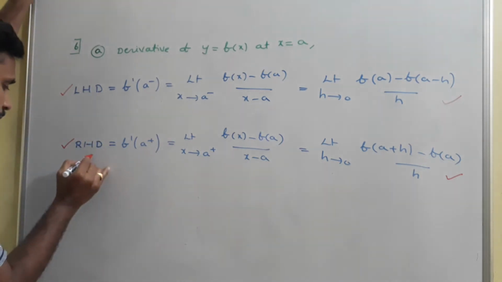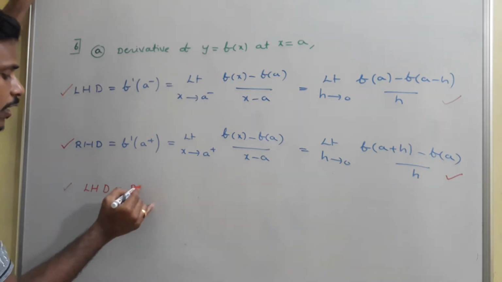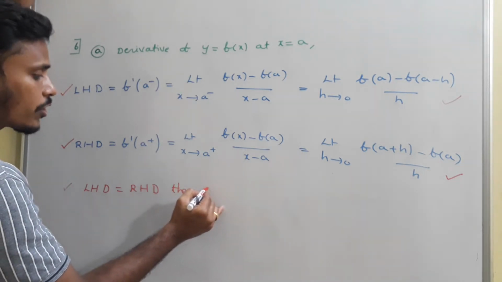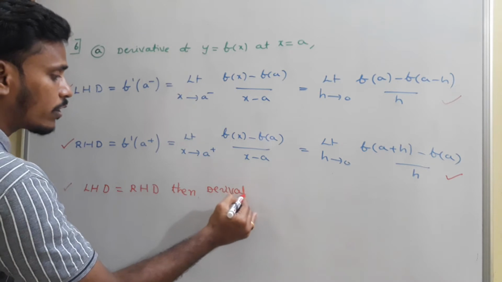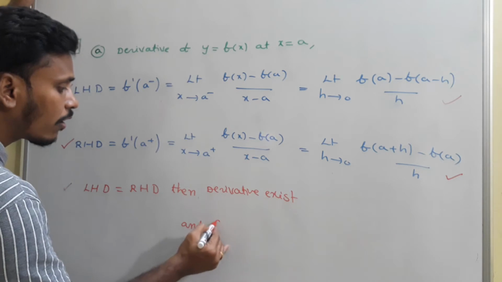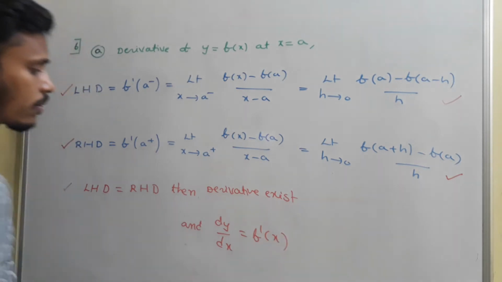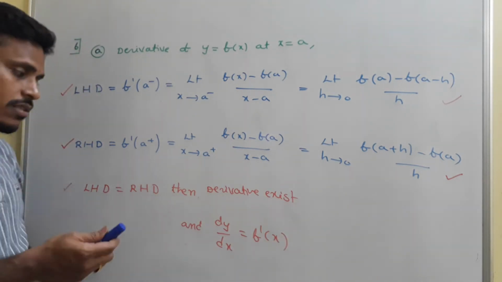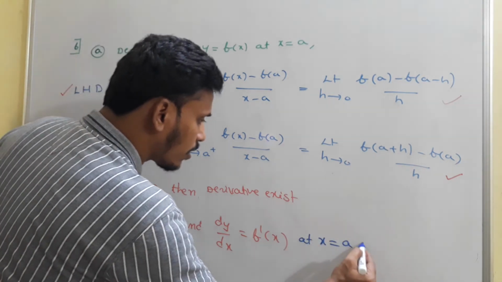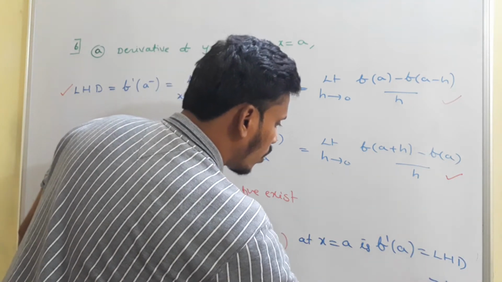After finding the left hand derivative and right hand derivative, if the left hand derivative is equal to the right hand derivative, then we say that the derivative exists. Then dy by dx, or f dash of x, exists, and in particular at x equals a it is f dash of a, which is equal to our left hand derivative,